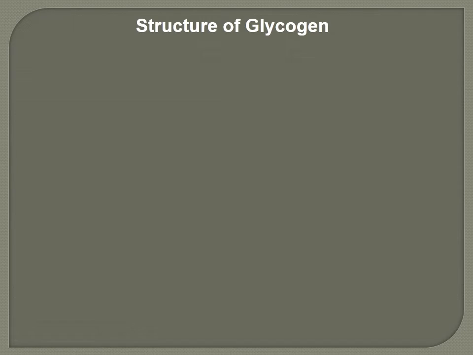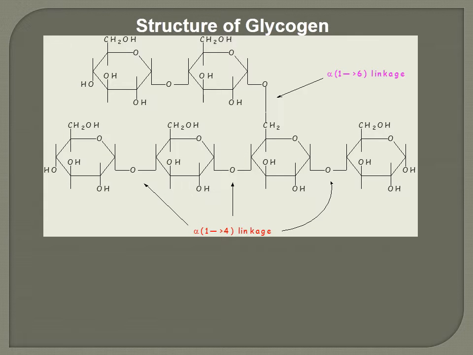You know that glycogen is a homopolysaccharide made up of glucose units. It is a branched chain polymer which consists of a linear chain of glucose linked via the alpha-1,4 linkage, and for every 8 to 10 glucose residues, a branch point is seen at alpha-1,6 glycosidic linkage. And this polymer also has two ends. The end which has a free aldehyde or a hemiacetal group at C1 is the reducing end, and the other one